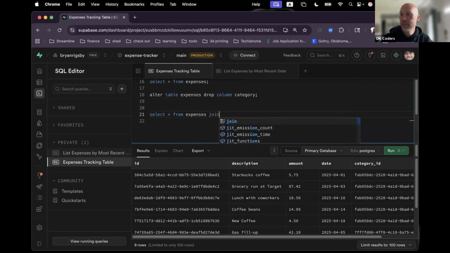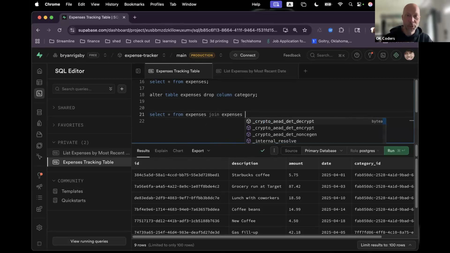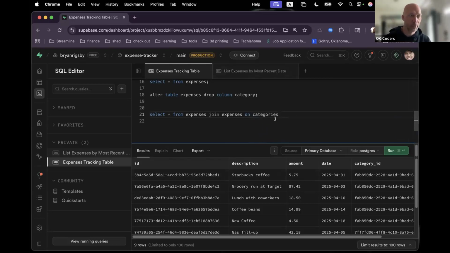Join my expenses table to my categories table. I'm going to join my expenses table onto my categories table, categories table, category for you, Wayne. Expenses on categories